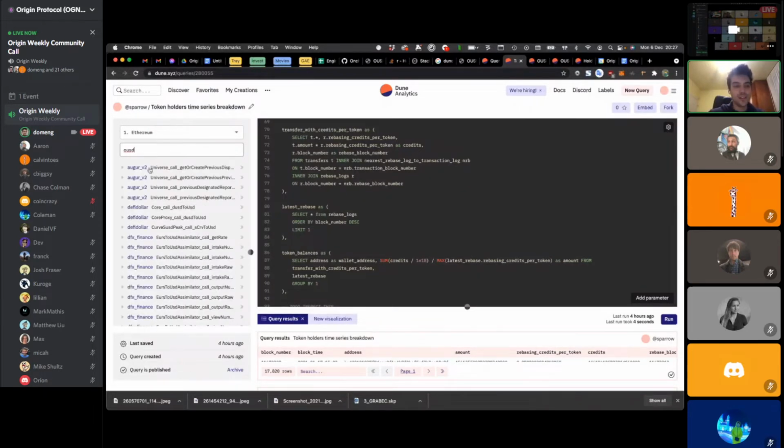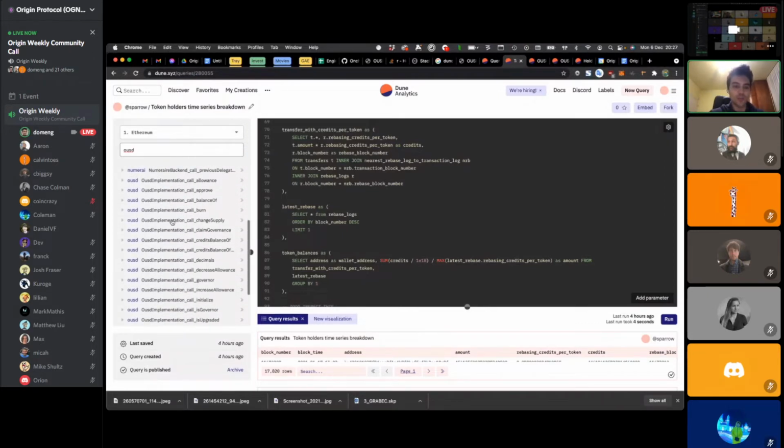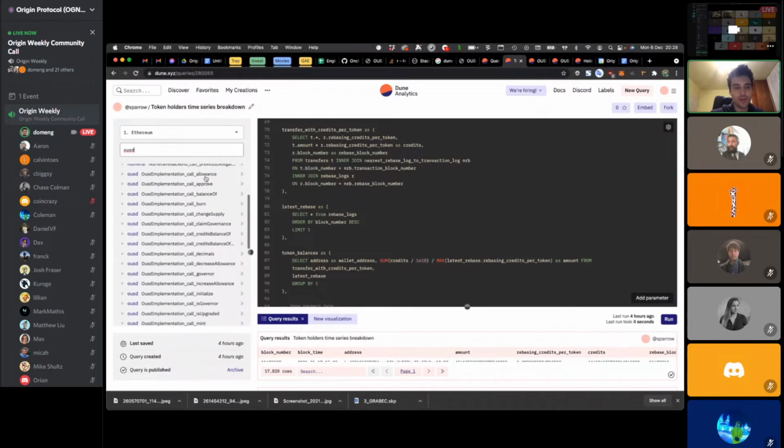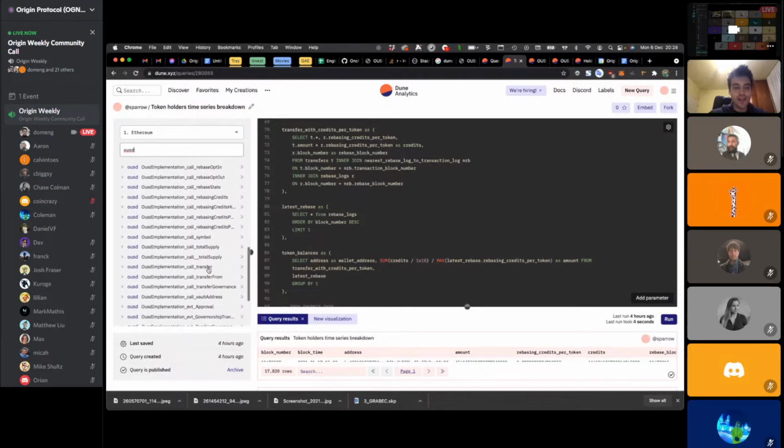You can even search by the project name. It's got pretty general ways of storing protocol data. For example, it will decompile our contract, check all the functions and all the events,